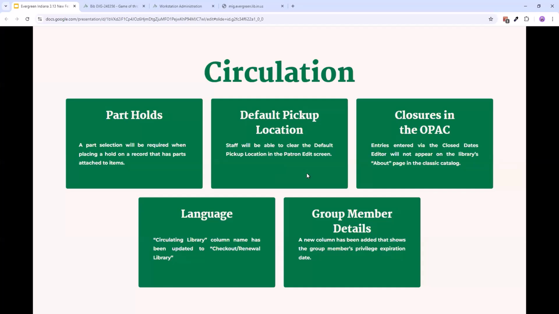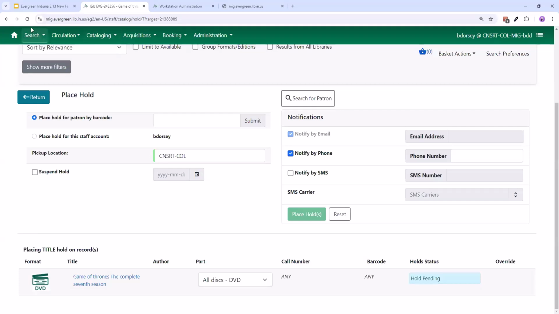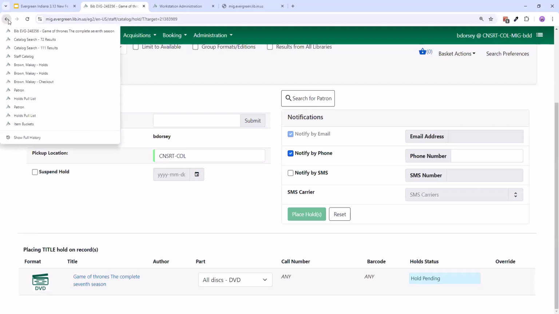Default pickup location. Right now, if you set a default pickup location in those user settings in the patron account, we cannot clear it. Now we will be able to. So let's go back to Kayla's account